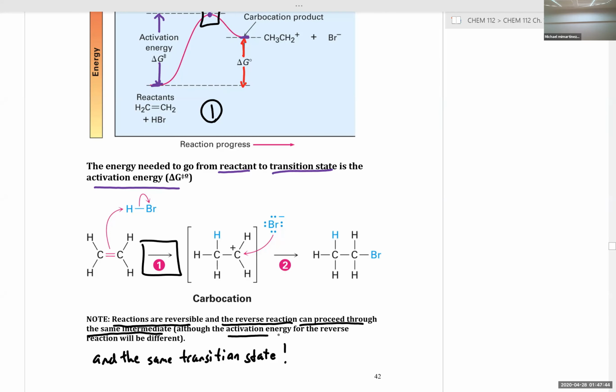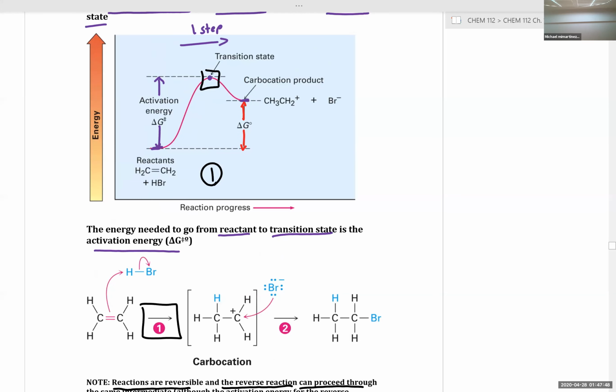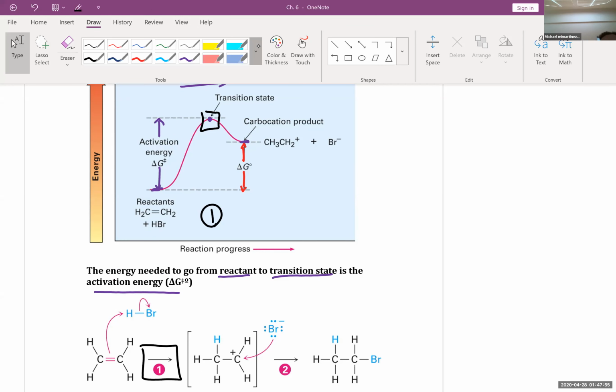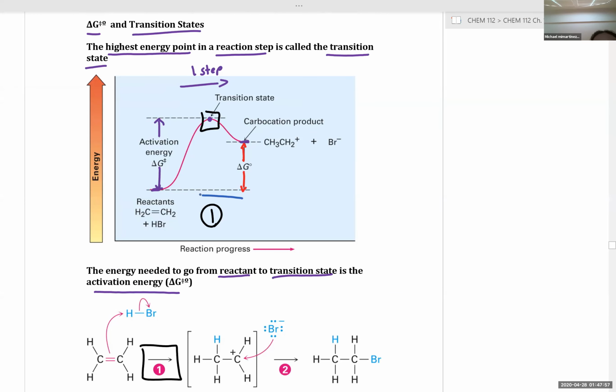Although the activation energy for the reverse reaction will be different. So to showcase what I mean, let's suppose for a moment, and we're going to do this in blue, let's suppose we want to go in reverse. Let's suppose we want to go from product to reactant, right? So then,